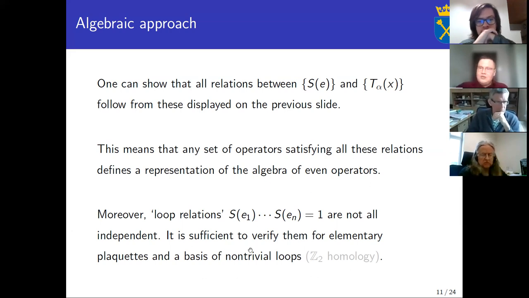So this is a completely local thing, in a sense. But if the topology of the lattice is non-trivial, for example, if one considers discretizations of a torus or something like that, then there might be non-trivial loops, non-trivial in the sense that they are not the boundary of some surface. For these loops, this relation is independent of the plaquette relations, so it is an additional relation. So one has to check these plaquette relations and also these additional loop relations corresponding to non-contractible loops.